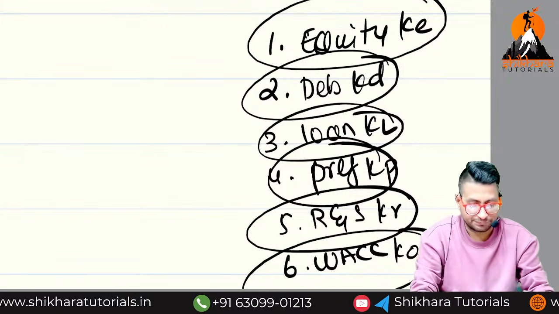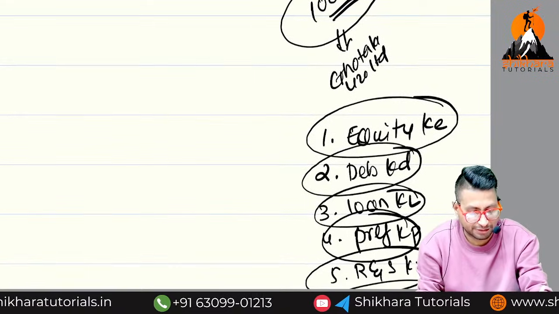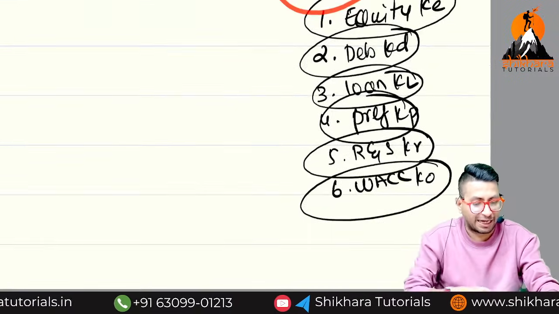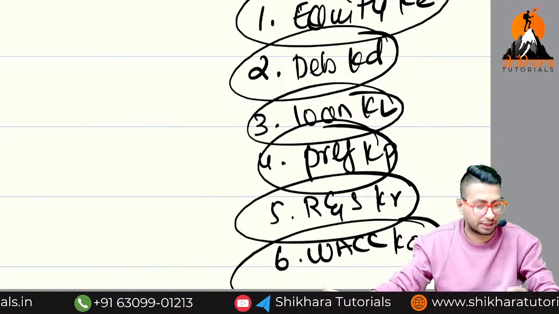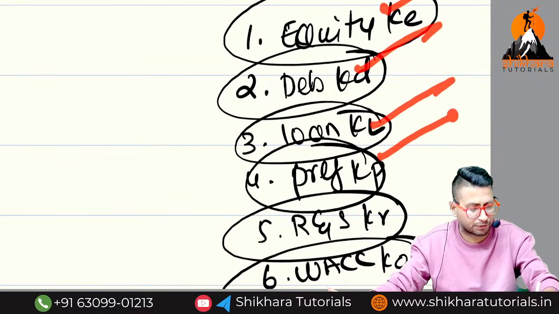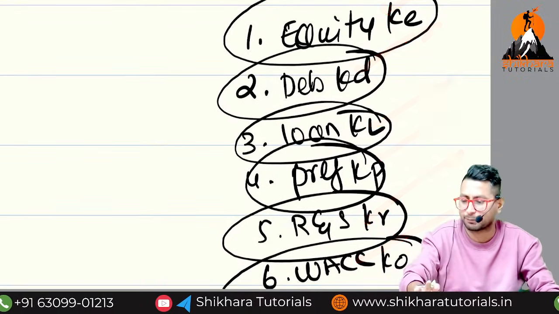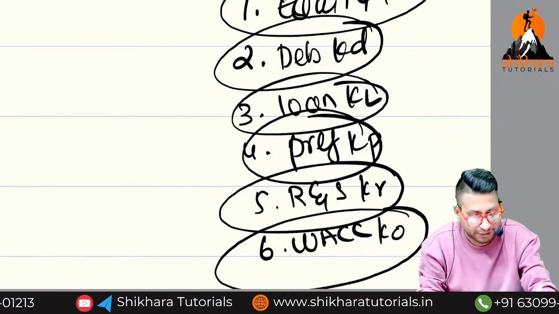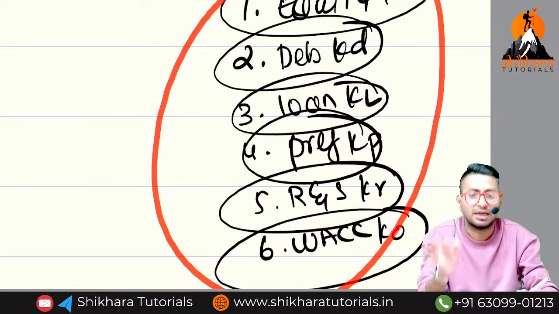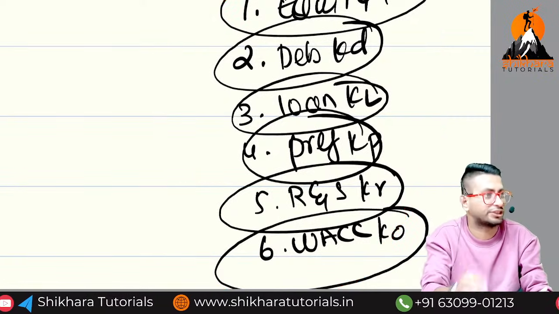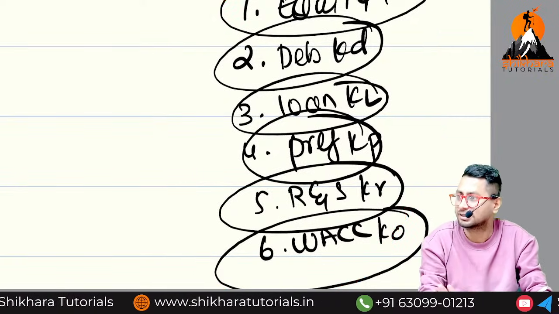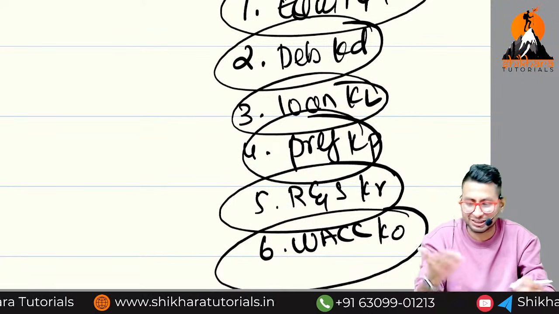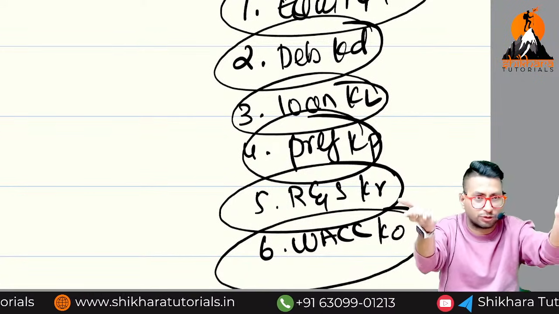It's okay, leave it. But at least understood, right? Now I will insert all this data, equity, debentures, loans, preference, reserves, WACC, every type of data, into my simulation software, and it will tell me how much money I should take from which option, or which is the best option. It will give me the suggestion. I just cannot ask it to go to simulation.